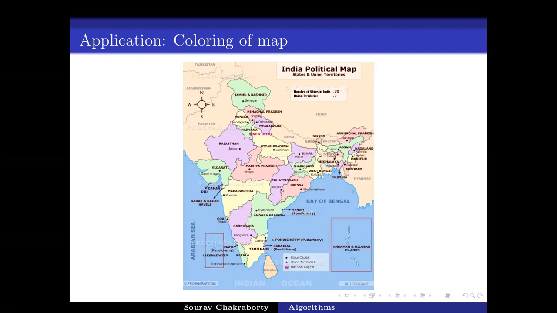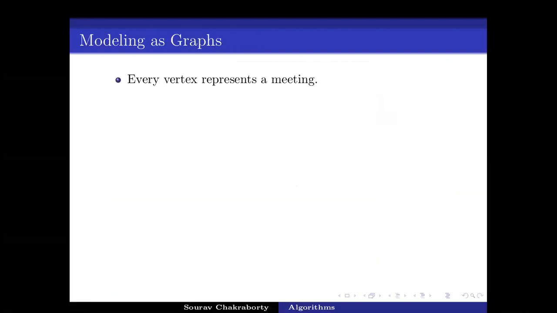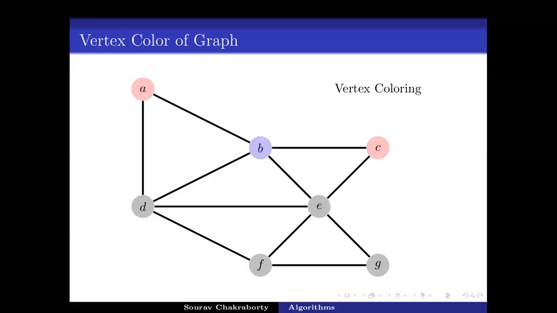So yeah, so there is that. So basically, similarly, let's go back to this meeting problem. As we have pointed out, every meeting can be modeled using a vertex, and if they have a clash in timings, there will be an edge between them. Obviously, we want to use as few rooms as possible. Meaning we have to cover all the vertices, all the meetings, such that there is no clash between them.